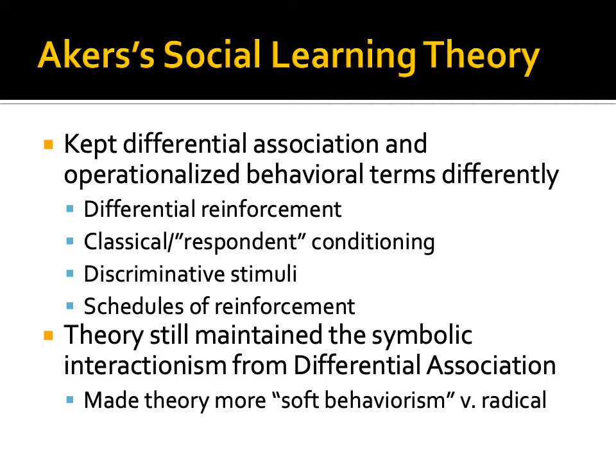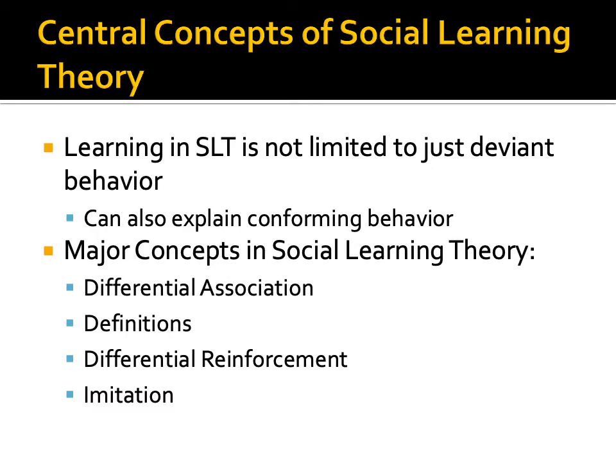But these four variables became a little bit cumbersome, and so the theory needed to be refined a bit, a couple of times over testing. And so they developed into the four main concepts we know in social learning. Now, it's important to note that learning in social learning theory is not just limited to deviant behavior. It also does a really good job of explaining conforming behavior, and actually a lot of different behaviors, right? And we'll talk about that as we go through the theory. But the major concepts that are now widely recognized in social learning theory are differential association, definitions favorable and unfavorable to crime, differential reinforcement, and imitation.